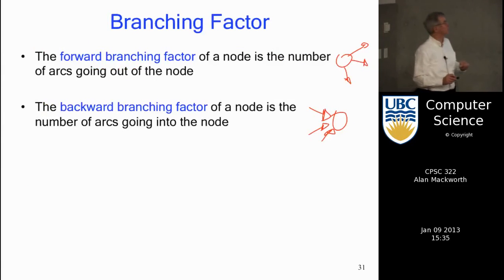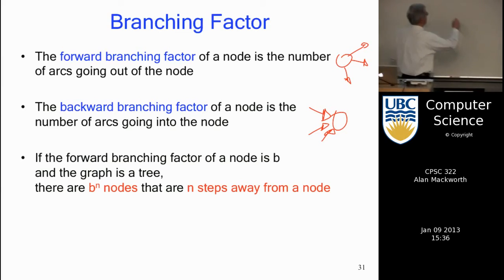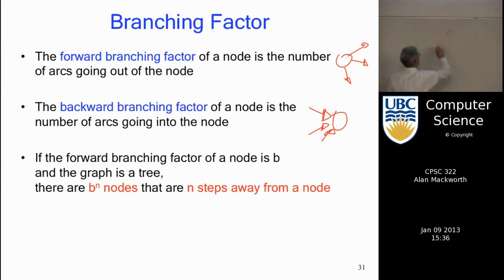Okay? Just formal definitions. And then one more thing, we have to worry about the branching factor, because that'll affect the efficiency of our searches. We'll talk about the forward branching factor. That's the number of edges or arcs coming out of the node. So the forward branching factor of this node is 3. And the backward branching factor is the number of arcs going into the node. In this case, the backward branching factor of this node is also 3. And we know that if you have a tree, if I have a tree with the root here, and I have b successors at each node, where b is equal to 3 here, that's the forward branching factor,